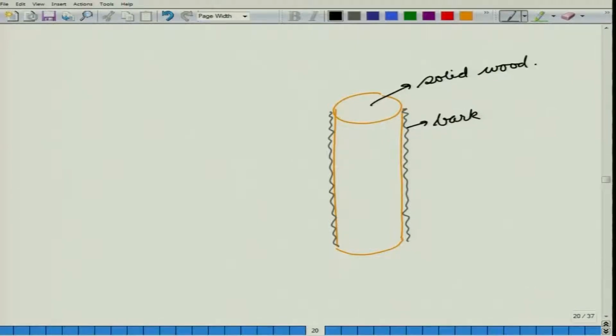In most cases we are interested in the solid wood for its mechanical properties and for its use in industries. So, bark is generally considered a byproduct of the timber production process, but in some cases the bark may